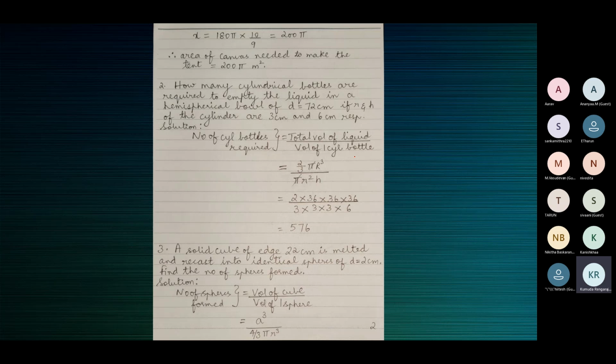But what you should ensure is that in the numerator and denominator, all the substitutions must be in the same unit. Yes, 22 centimeter, 2 centimeter, both in the same unit. Supposing some values in the numerator are in meter and the denominator is in centimeter, then your calculation will be incorrect. Whatever values you substitute must have the same unit. Can be any unit, but the same unit: meter then meter, centimeter then centimeter.